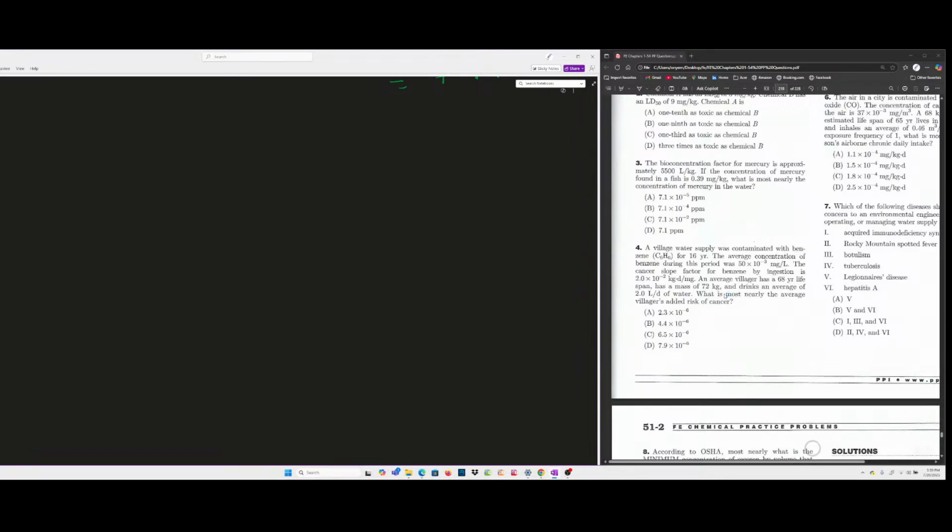Okay, a village water supply was contaminated with benzene for 16 years. So I always call it time span. The time span for contamination was 16 years. And they said the average concentration of benzene